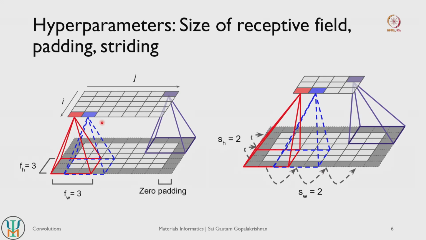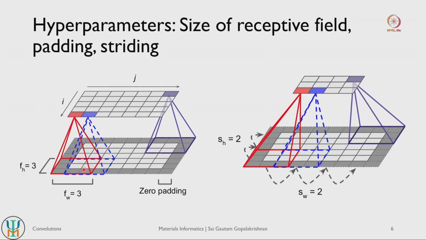Typically if you imagine your convolutional neural network to be a stack of 2-dimensional rectangles or squares, you can define a width of your receptive field and you can also define a height of your receptive field. In other words, you can define some kind of an area of your receptive field. That is the definition of your receptive field: how many neurons is any given neuron interacting with in its lower layer.